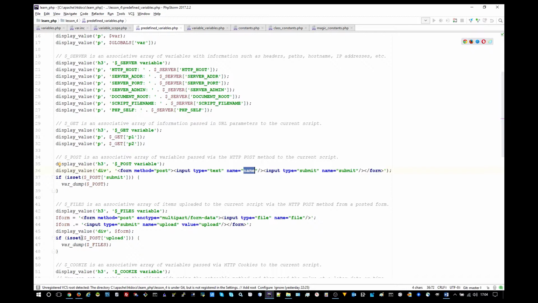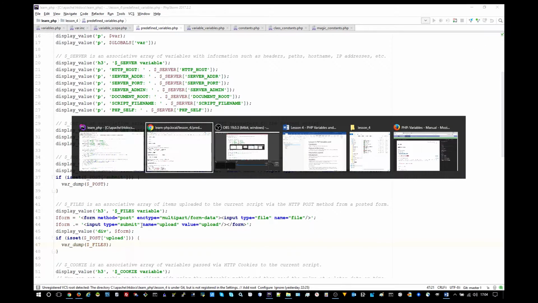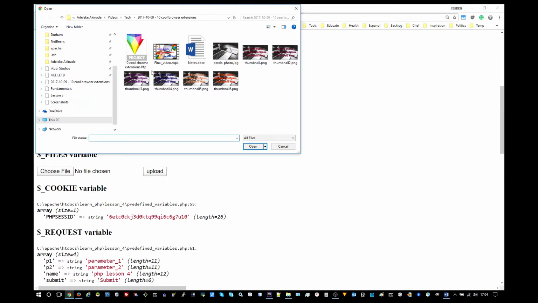And again, I'm checking if this button has been clicked. So this is a submit button, and this time I've given it a name of upload. So within the $_POST variable, I can check if this is set, and this name is referencing this form field, which is a submit button. Essentially, if this button is clicked, then this will be set because the form has been submitted. So then we are dumping $_FILES because we know that this form has been submitted and we're attempting to upload a file. So if I choose a file here,